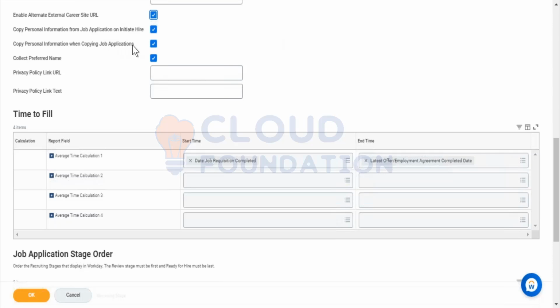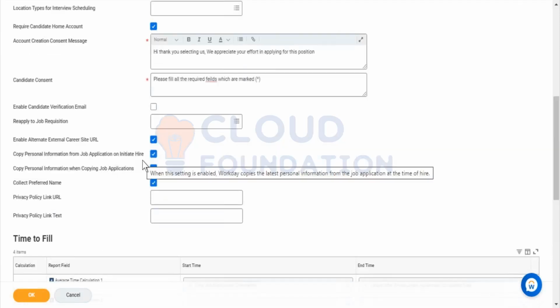So what was the job application stage we have seen, right? We got the initiate hire step. Once we went through all those job application stages till background check, and once the candidate is selected for ready for hire, as soon as he is selected for ready for hire, his hiring process initiates. So during that time,